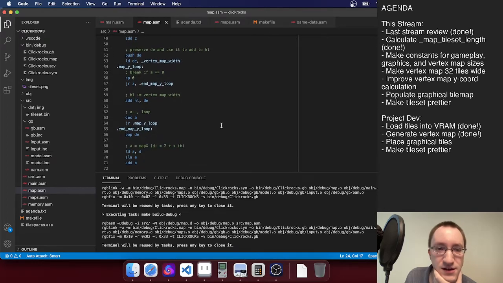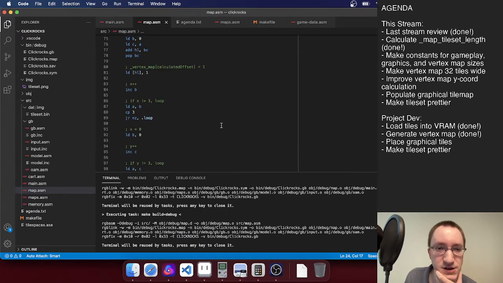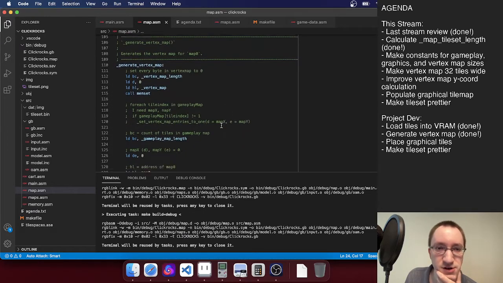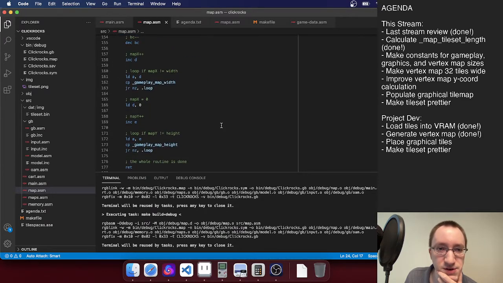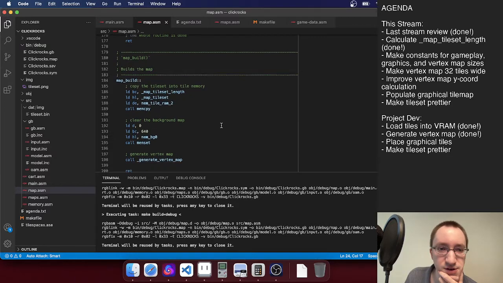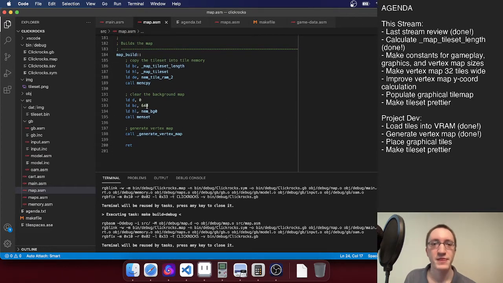Okay. Any magic numbers here? Any magic numbers here at all? Come on, magic. Okay. So I'm not populating the graphics tile map yet, so I'm not really using those constants yet, except here,